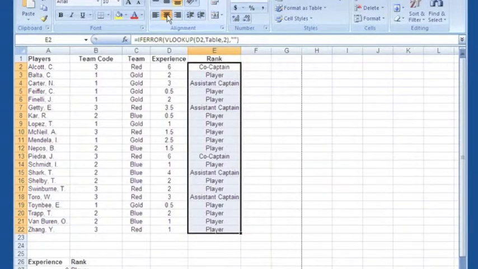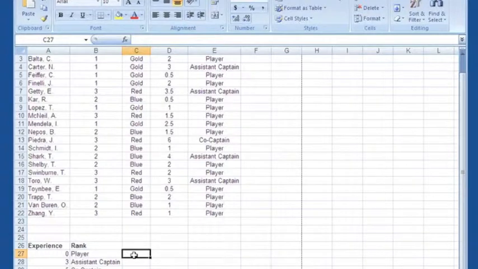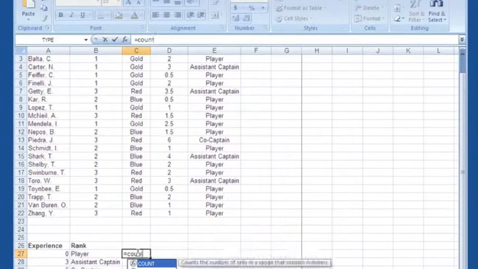Now, it also wants us to go to cell C25 down here, and I actually have set my information up in a different row. So we're going to go next to Player, and we're going to enter a count formula. What we're doing is counting up how many players over here are identified as a player, which is the title we're using right here. So we're going to go into this cell and we're going to say equal COUNTIF,